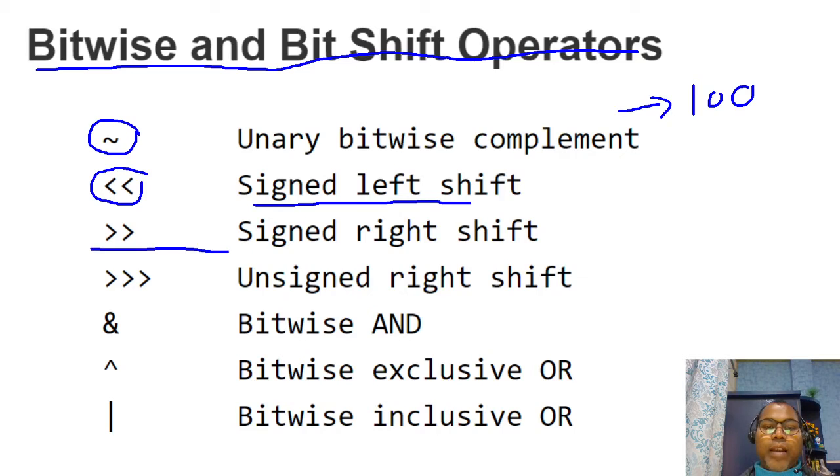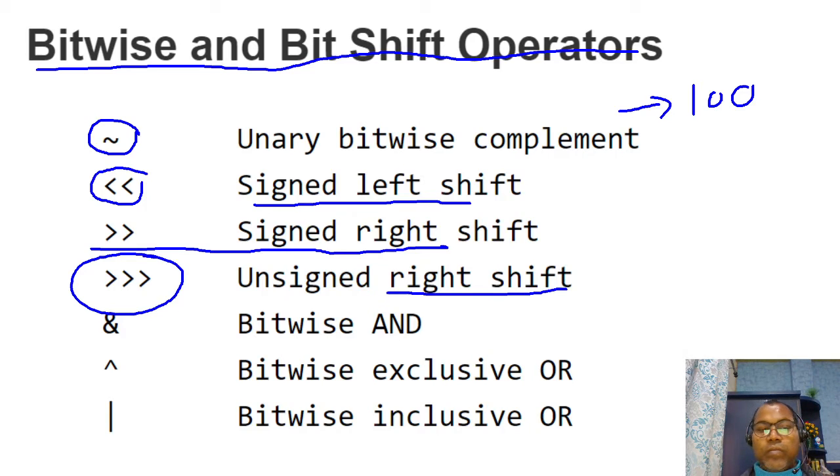This is your signed right shift, and this is your unsigned right shift. If you use three greater-than signs, that is the unsigned shift. If you use two, this is signed and maintains the sign whether your number is plus or minus. And this is bitwise AND, this is bitwise exclusive OR, and this is bitwise OR. So don't confuse them.